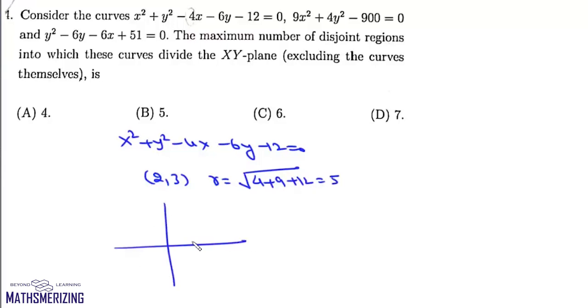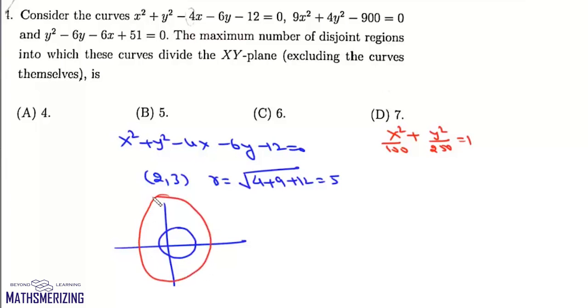So it'll be this circle, and then we have this second equation, which is the equation of an ellipse, x square upon 100 plus y square upon 250 equals 1. So it'll be this ellipse which contains this circle,